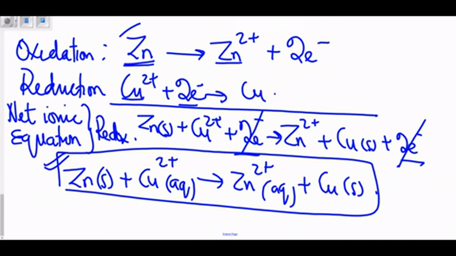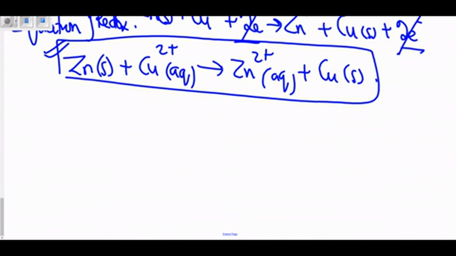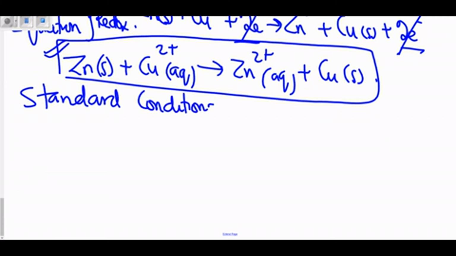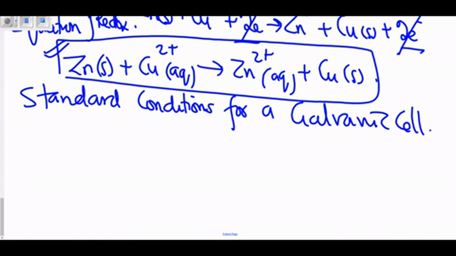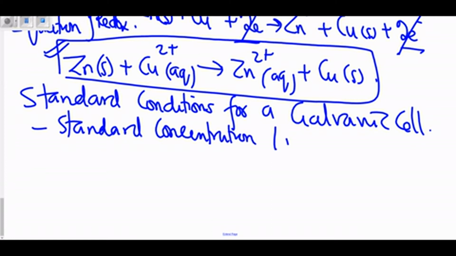Now, we need to talk about the conditions. Let me just quickly talk about standard conditions for a galvanic cell. Before I go into calculation for a galvanic cell, what are the standard conditions? First, we need to know we have standard concentration, and the standard concentration is simply 1 mole per dm cube. All right? Standard concentration,